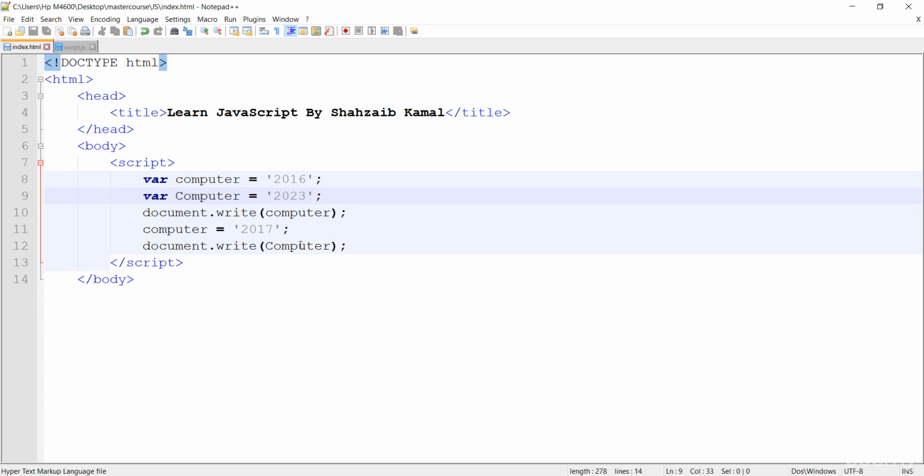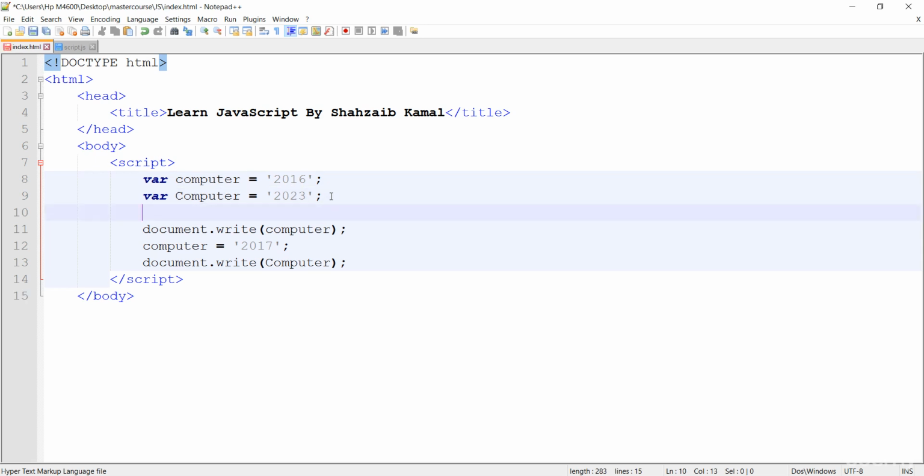So I hope you got that the both are different because of the case sensitivity. Something more, I just want to show you in which ways we can create a variable. We are just creating another variable. Now I can type the variable name,